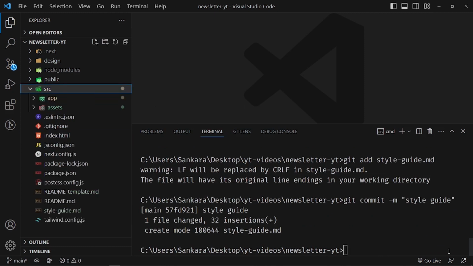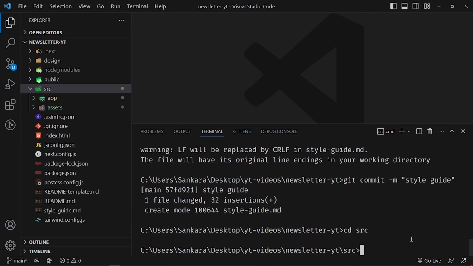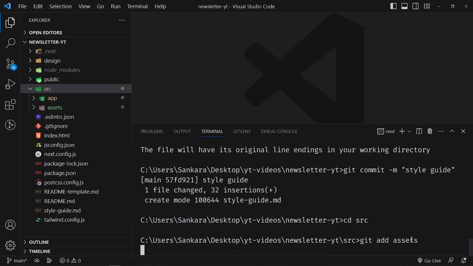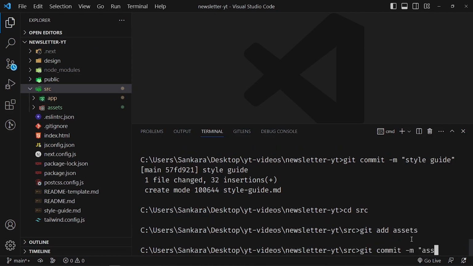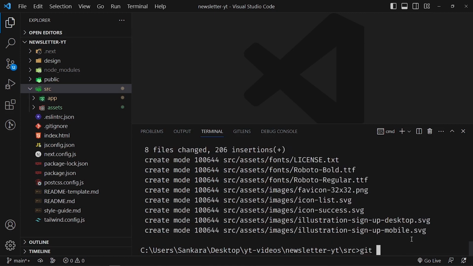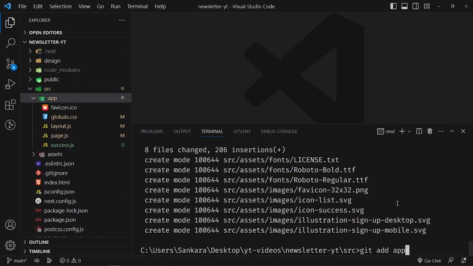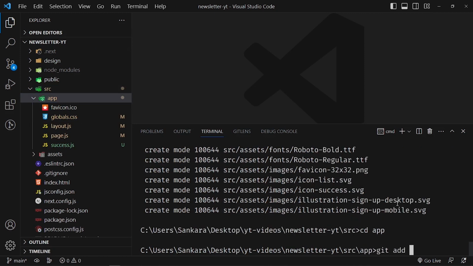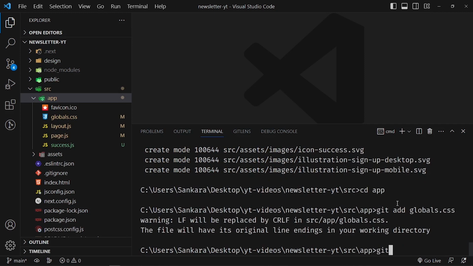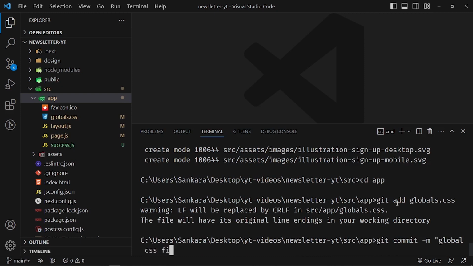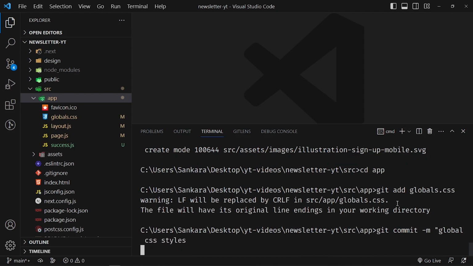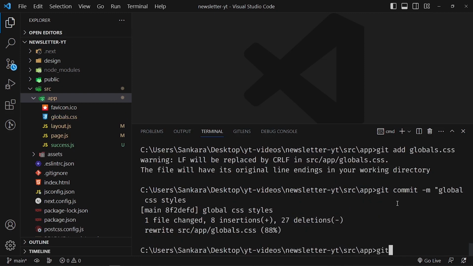And then let's go inside the source folder, so cd into the source folder, and then git add assets, and then git commit, and they're called assets, and then git add app. Let me see. Yeah, let's cd into the app because it has many changes. So git add globals.css and git commit, I'm going to say global css file or styles, and then git add